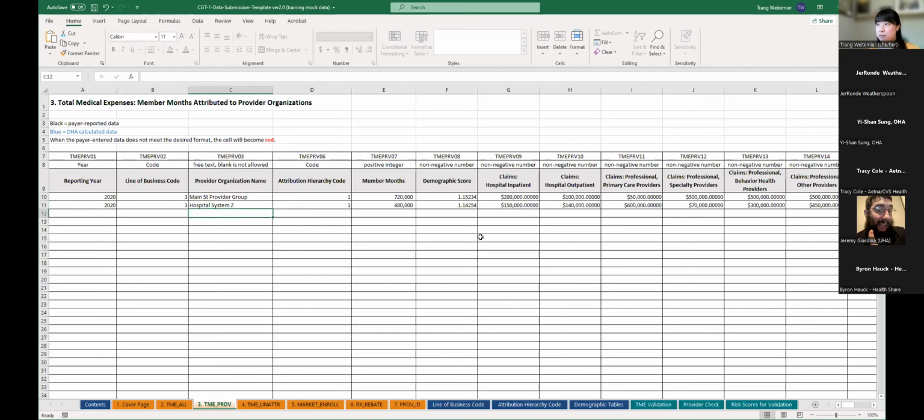So if you had members attributed to hospital system Z, also in 2020, also in line of business code 3, but they were attributed to hospital system Z using attribution code 2, that would be a completely new row in this spreadsheet. So that's how this data is